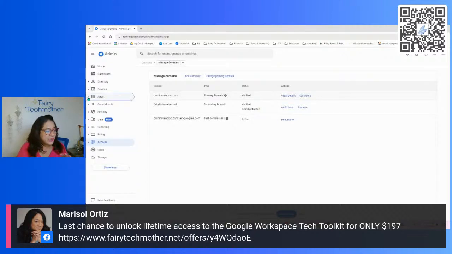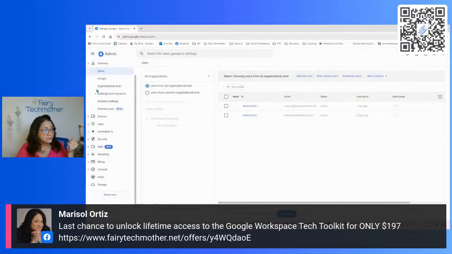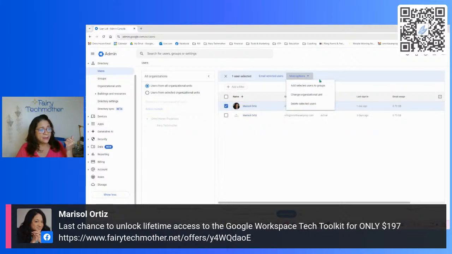So there's no need to be afraid of going in here and checking your billing or user accounts or resetting your password. Let me show you how to reset your password. That's one thing I forgot. So if you get locked out or somebody gets locked out, all you do is go back up here to directory. You go to users. You just click on the box next to their name. And right here on top,